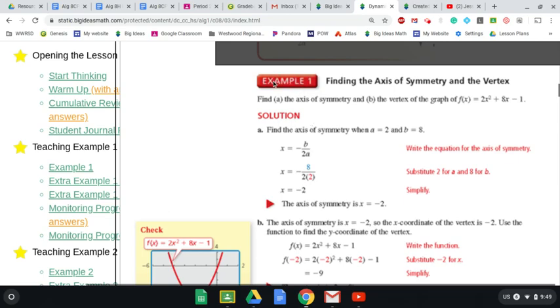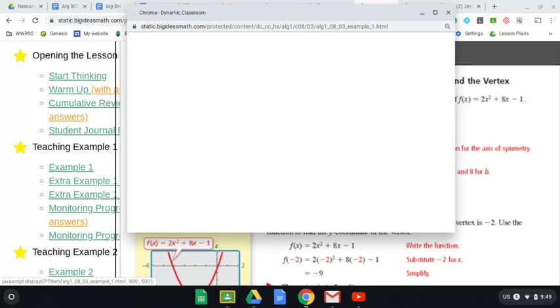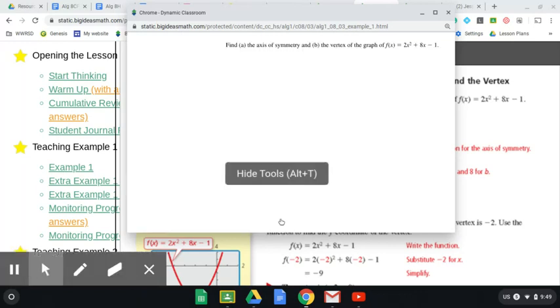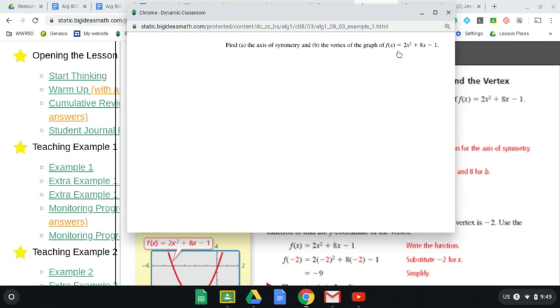Let's look at 8.3, example 1. So in this question, we're going to be asked to use our quadratic function in standard form. Standard form is ax squared plus bx plus c. And here's our equation, f of x equals 2x squared plus 8x minus 1. So this is definitely in standard form. For part A, we're going to find the axis of symmetry, and part B, we're going to find the vertex